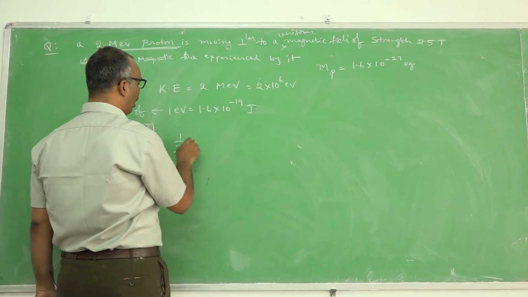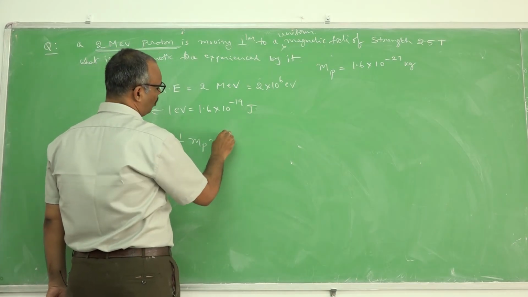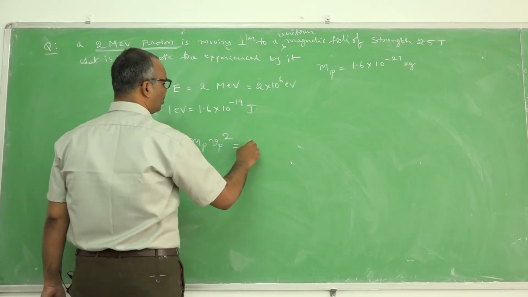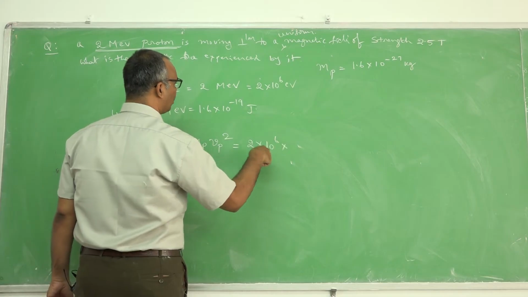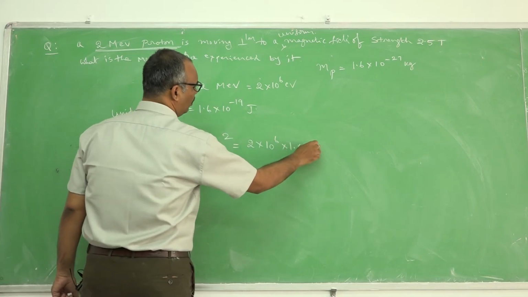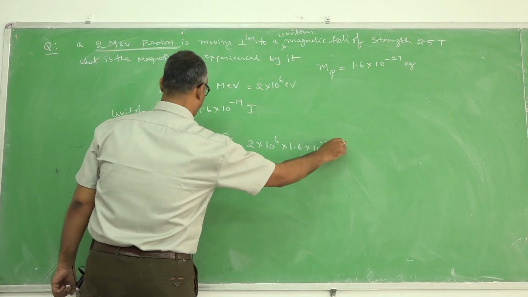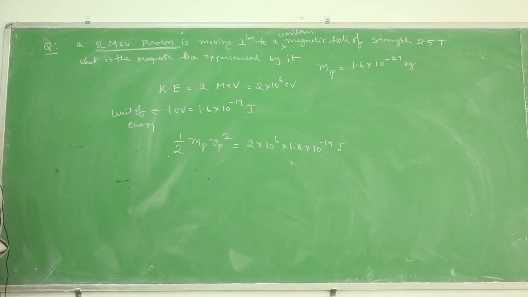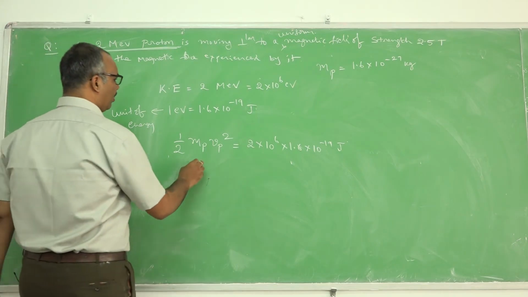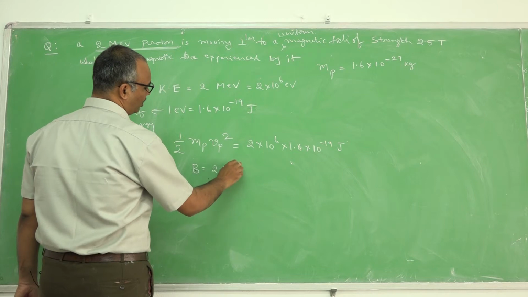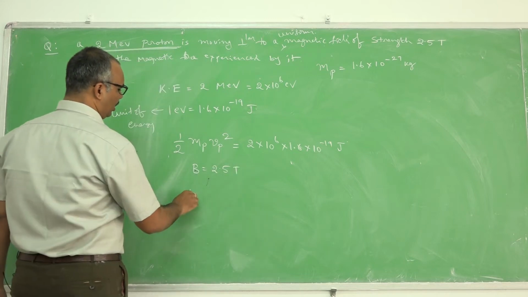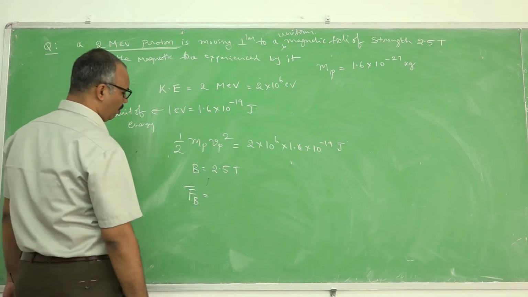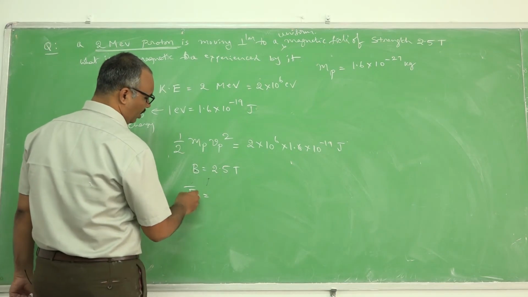So kinetic energy, half into mass of proton into velocity of proton square, is equal to 2 into 10 power 6 into electron volt, and electron volt means 1.6 into 10 power minus 19 joules. This is the data given to us, and the strength of the magnetic field is 2.5 Tesla. You are asked to calculate the force experienced by the moving proton because of the magnetic field,